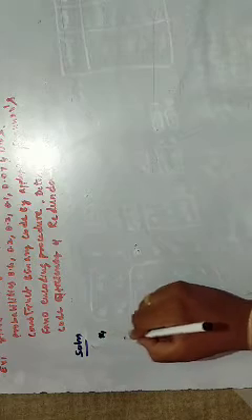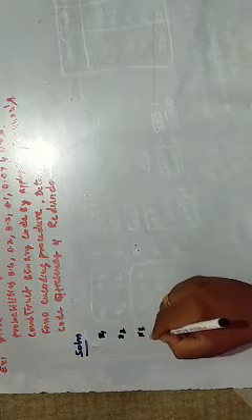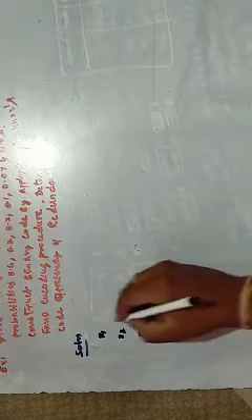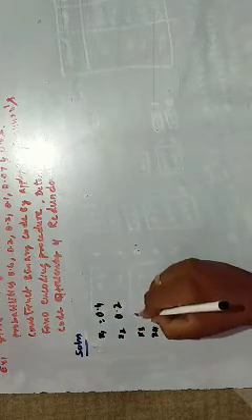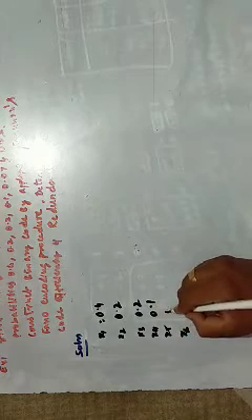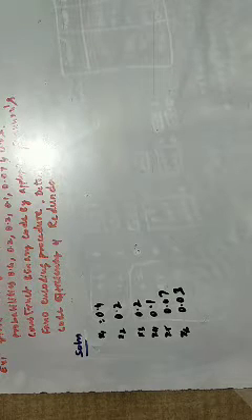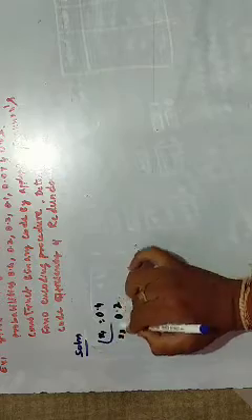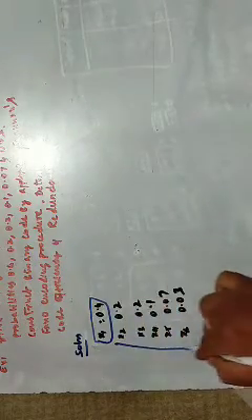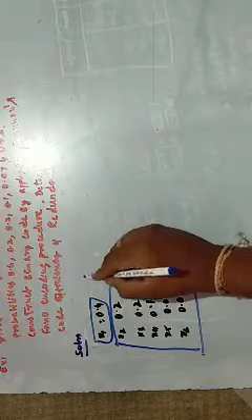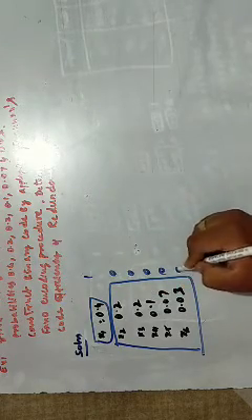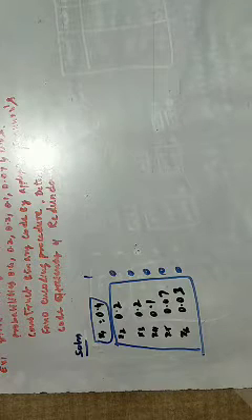Similarly, I'll rub all this and rewrite it. X1 X2 X3 X4 X5 X6, with probabilities 0.4, 0.2, 0.2, 0.1, 0.07, 0.03. See, now grouping can be done. I'll do this grouping separately and put the coding. This is 1 and these are all zeros.